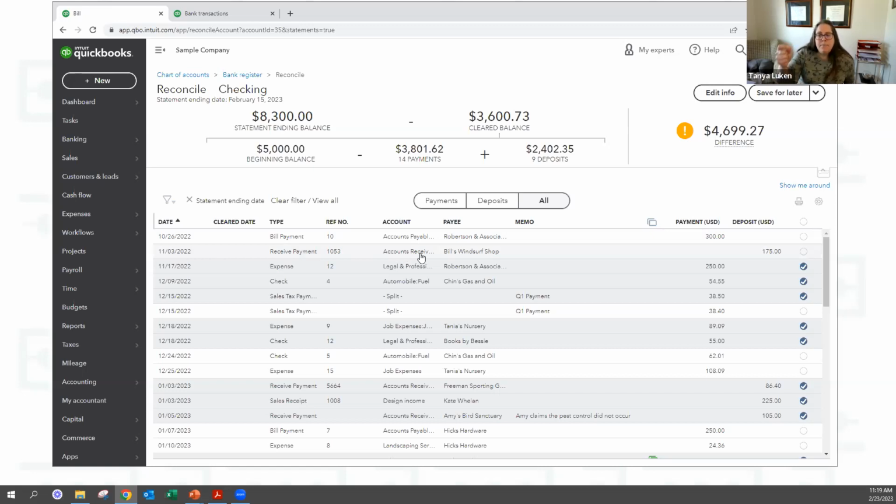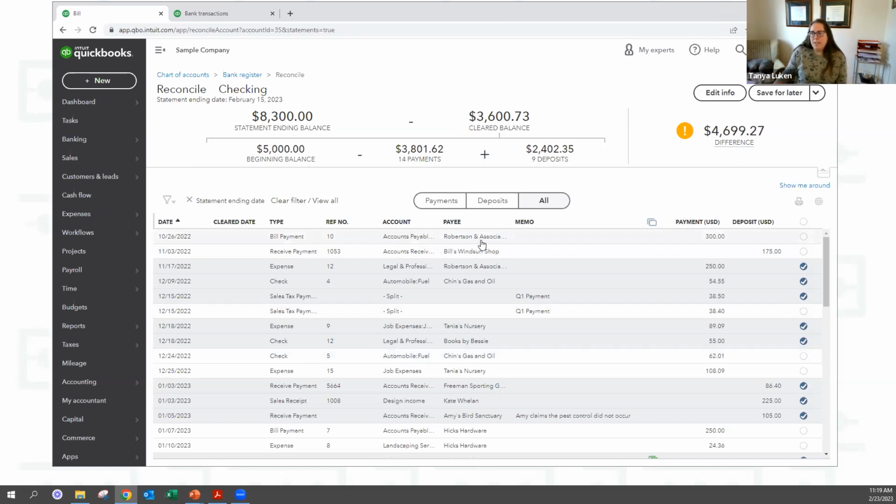If it's February 28th and you wrote me a check and handed it to me when we met for happy hour, that's going to show on your February bank statement window as something that didn't clear in February because you just gave it to me that day. But if it's something from like November, you probably want to look at it and ask, does this make sense? Why is that thing still there? That's where you want to do some research. You shouldn't have a ton of old transactions when you're done reconciling.